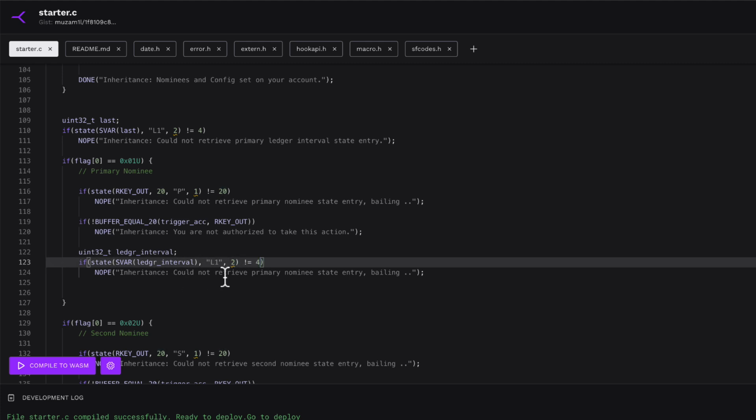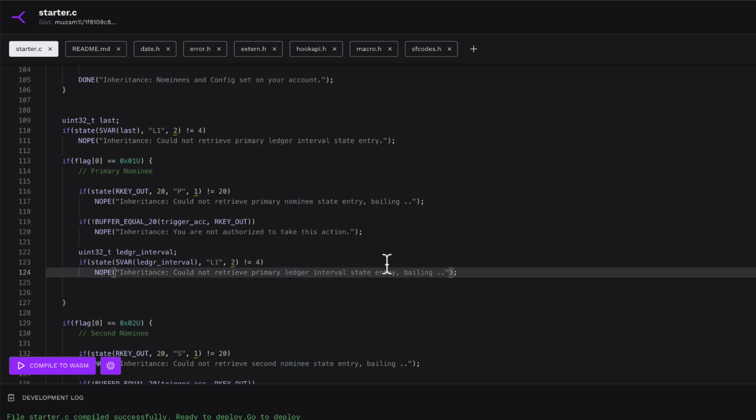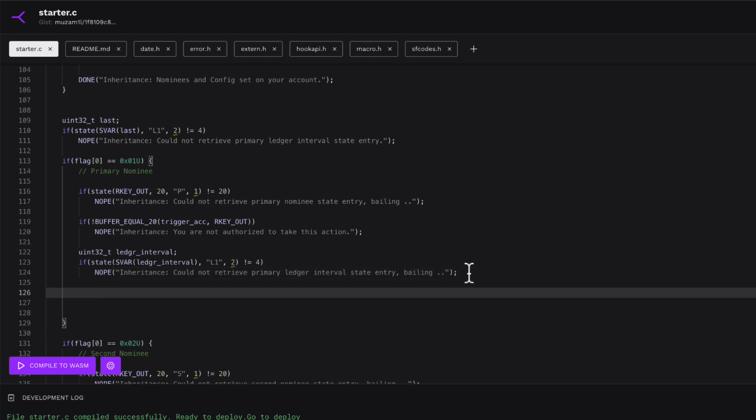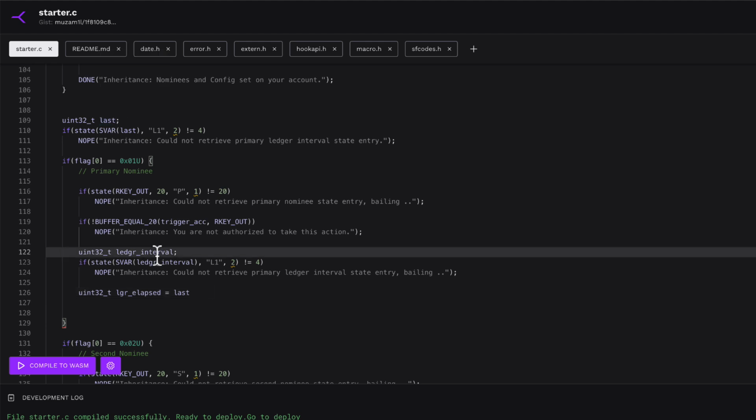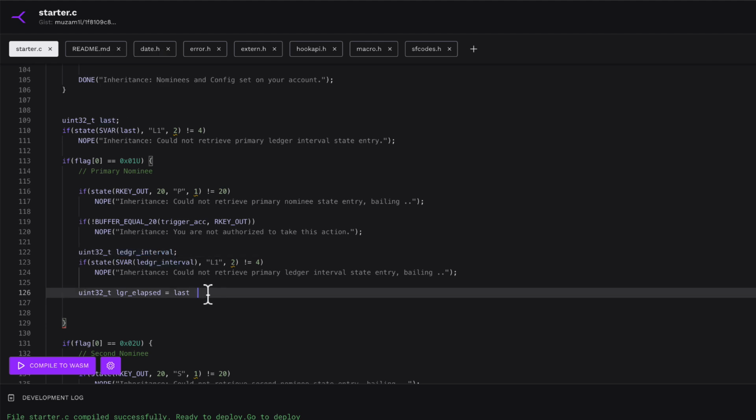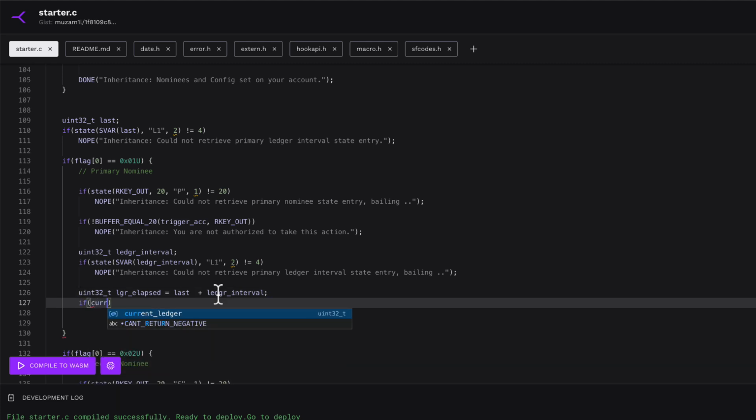And it's 4 bytes. Now the important check. Let's check if last ledger plus ledger interval is less than the current ledger. We'll calculate it as ledger elapsed last plus ledger interval. This gives the ledgers elapsed. And we need to check if the current ledger is less than